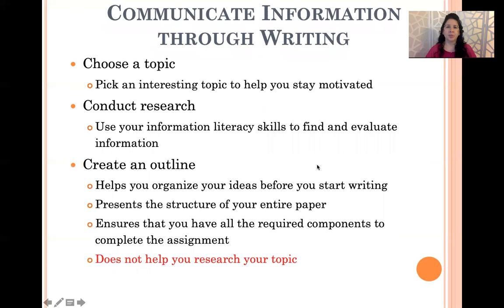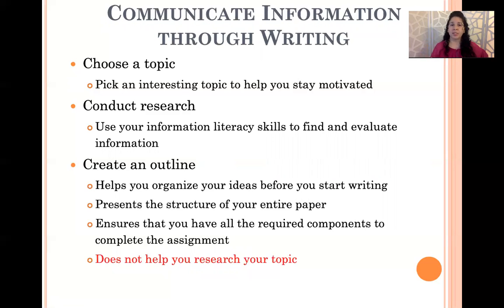So, creating information through writing. Choose a topic. Sometimes that's chosen for us. If your instructor says you need to write a paper on XYZ topic, you don't have a choice. If your instructor says you can write a paper on anything you choose, then you can choose. So pick something that interests you. If your grandparent died of Alzheimer's disease, maybe it'd be interesting to learn a little bit more about that topic, but pick something that you're connected to. Conduct the research. This is where you're going to have to actually connect to the library, whether it's in person or online. And you're going to get information from the library, right?